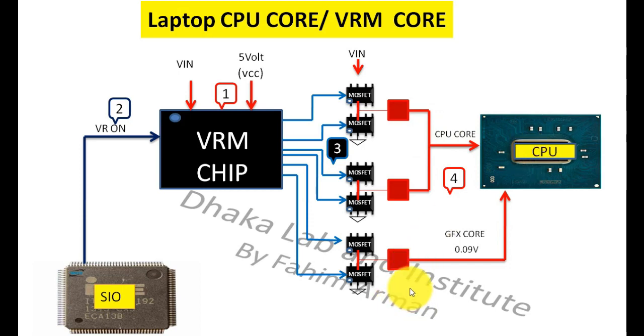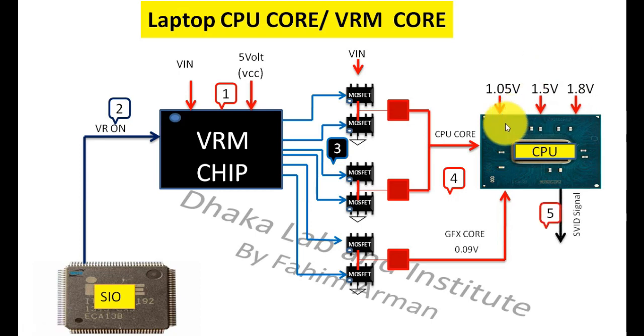and the graphics core 0.9 volt will enter into the CPU also, and the CPU also gets 1.05 volt from the PCH, and then the CPU will get RAM voltage. This is the DDR3 board, and there will be 1.5 volt RAM voltage, and there will be another voltage. This is 1.8 volt. This voltage is called PLL voltage, from the PLL section, and then